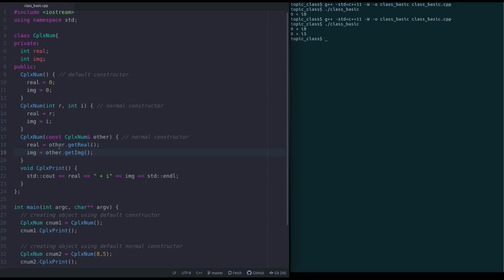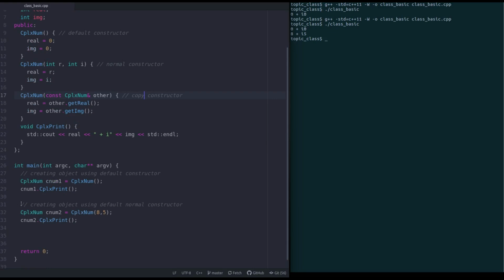So in this case, it's taking the other object as input and invoking the method getReal to get its real part, and once it has that, it's setting that number to the real part of the current object that we are creating now. Same thing goes for creating the imaginary part. Okay, so that completes creating the copy constructor,